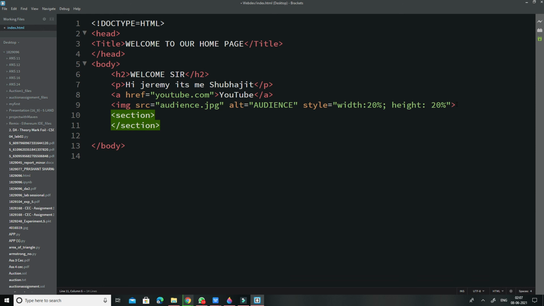Okay, so I have created a section, and now inside this section I'm going to include a heading which will be of size h1, let's say h2, we can say h2, and let's name it university. Right, named it university, and now I'll be adding a paragraph to it.